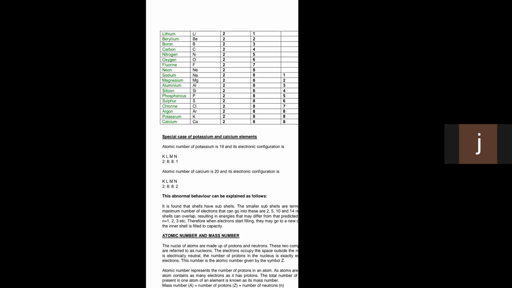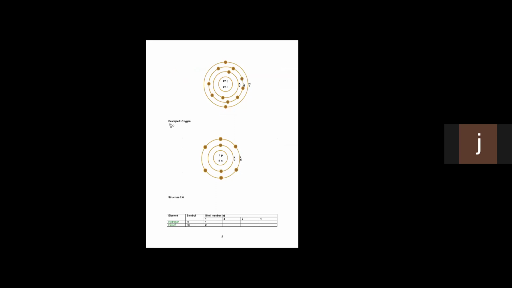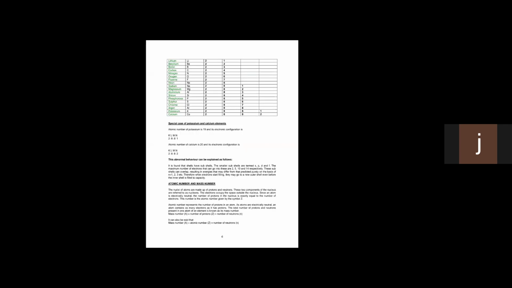I think you can see hydrogen there. We have the element, then its symbol. Leave aside the shell number; we are coming to that. So for hydrogen, you can see helium. You can see the chemical symbols for the first 20 elements as I've displayed there.